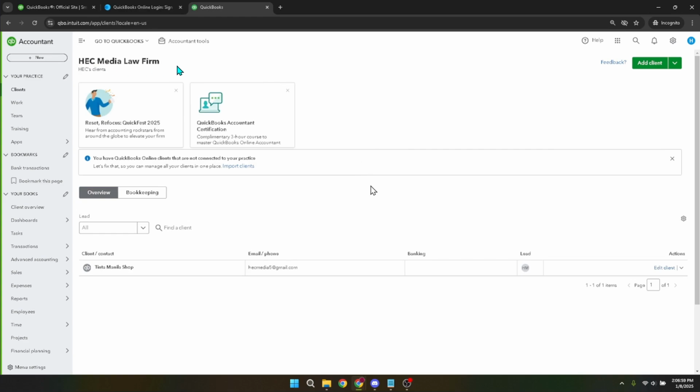Here's a tip. Keep a list of your company names and associated QuickBooks credentials handy to avoid confusion when switching frequently. Also, regularly check for any pending updates in QuickBooks Online, as updates can improve navigation and make switching between companies faster. By following these steps, you can efficiently switch between multiple companies in QuickBooks Online, saving time and minimizing